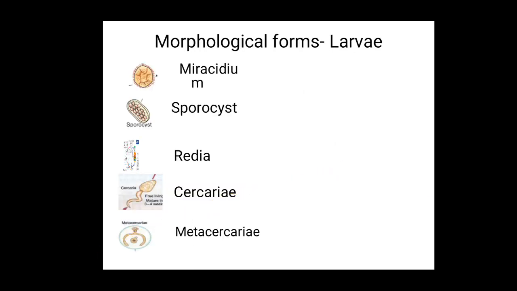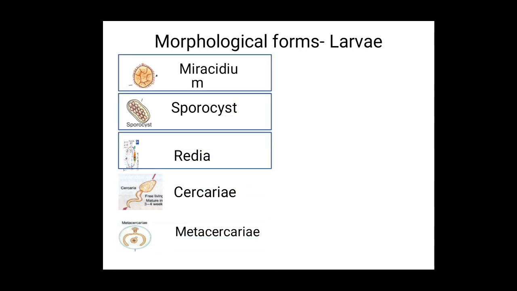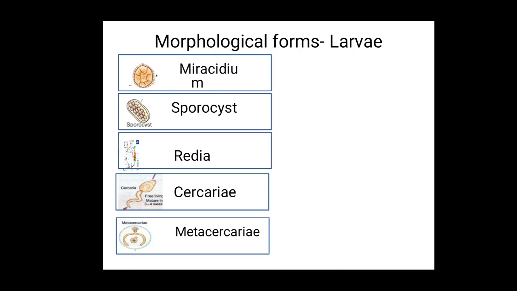So after the adult worm morphology, you are supposed to know about the morphological forms of the larva. Right? So 5 larval forms are there. One is miracidium, and sporocyst, redia, cercaria, and metacercaria. So these are the 5 larval forms of Paragonimus westermanii. You have seen about the adult form, and you have seen about the larval form, and